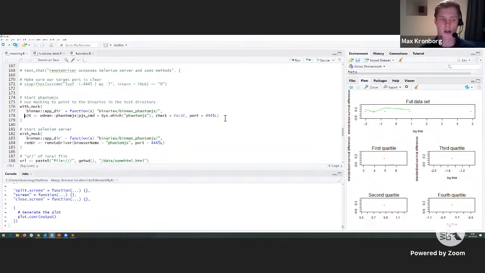But this ensures that the code checks the right location and the location that we want, and not the location that the package checks, that it doesn't let you choose yourself. And essentially, you have to do this twice. So those are 2 other ways to use with mock.